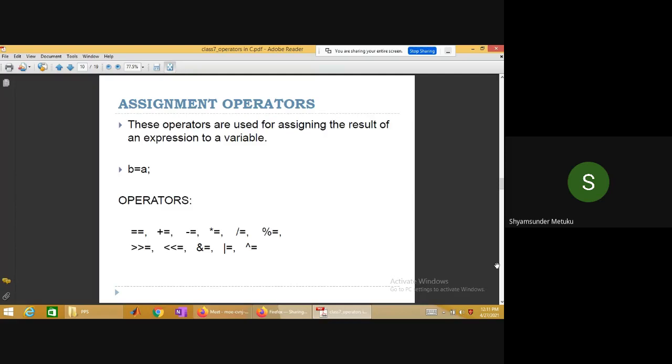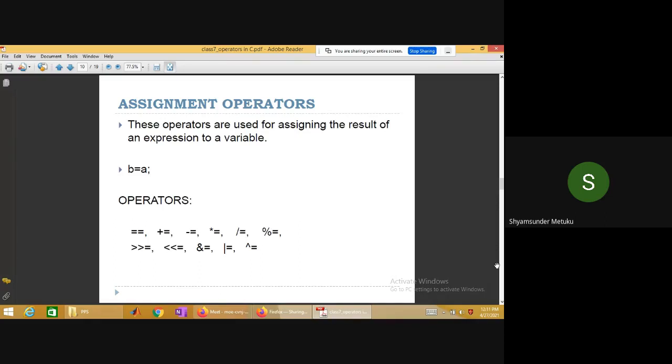As I mentioned, in the relational operators some of the equal to symbols we have already used. So it is more or less along with the equal to operator, with some additional things added. These operators are used for assigning the result of an expression to a variable, or a variable to a variable. Expression to a variable means you can write an expression on the right hand side. We have seen that in the previous two programs: an expression like a less than b or b greater than a, or a logical expression, used directly inside the printf, where percentile d accepts the result. Or else you can use it directly from expression to a variable.